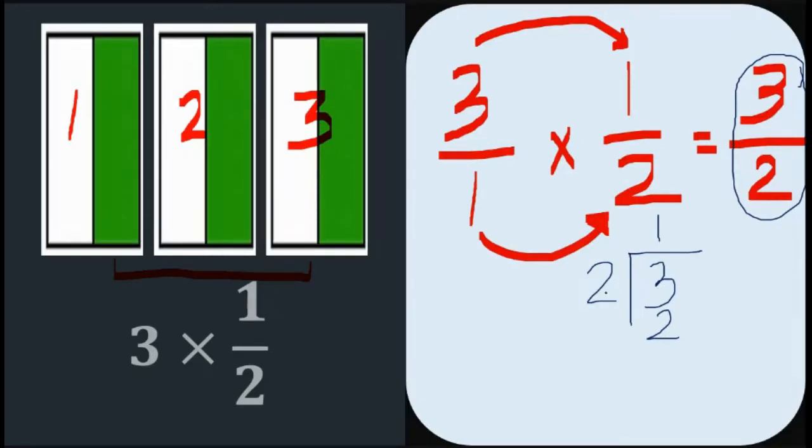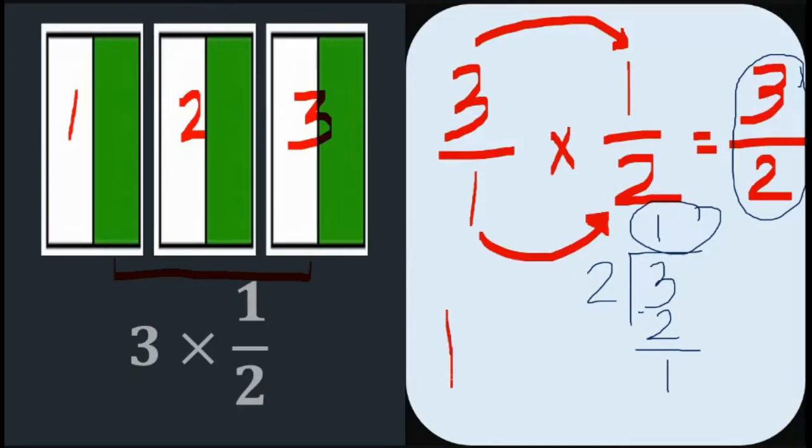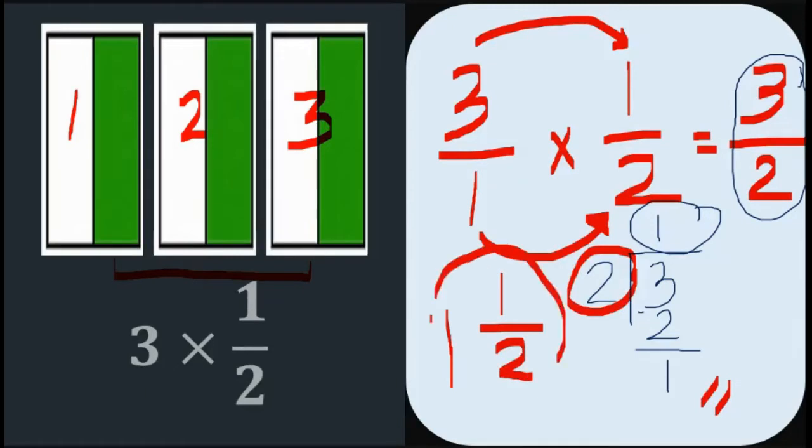So, 3 divided by 2 is 1. 1 times 2 is 2. And then, you need to subtract. 1 point. Okay? And let me repeat, the teacher repeats a lot: your quotient will serve as your whole number, your remainder will serve as your numerator, and your divisor will be your denominator, and that's your answer. Okay,